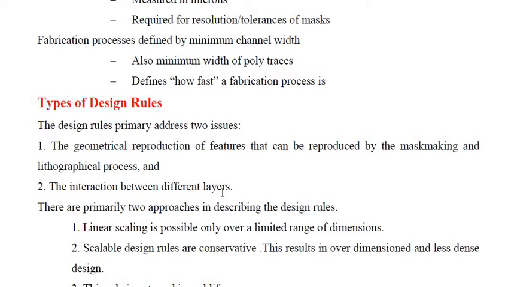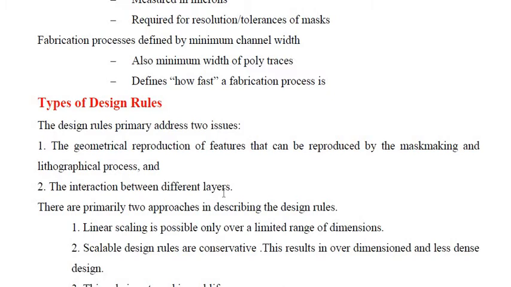The second one is the interaction between the layers, because we will be having a silicon dioxide layer, then a polysilicon layer and a photoresist layer. All the different layers will be going on. So as to get the proper interaction between all these layers, we will be using design rules. And the second one is the lithography process, which I have called mask making and lithography. Lithography is nothing but, I hope you remember, the process of transferring patterns of geometrical shapes into the mask to layer them properly. That is nothing but your lithographical process. So for this we are using these design rules.